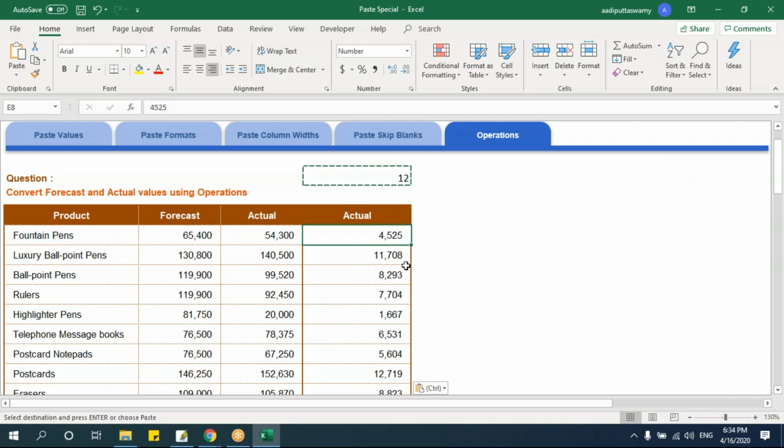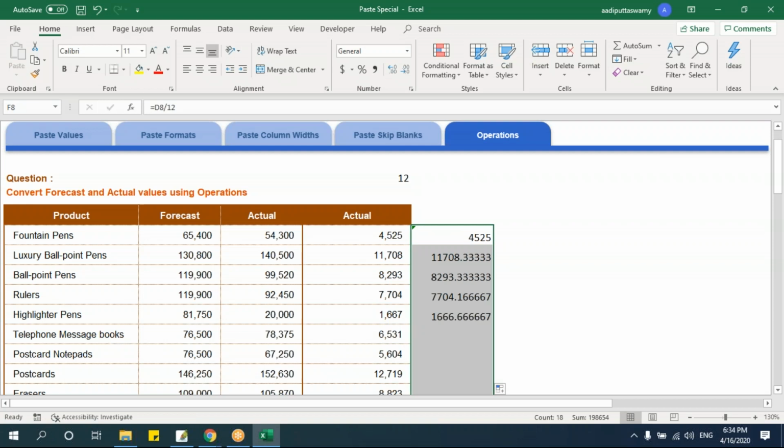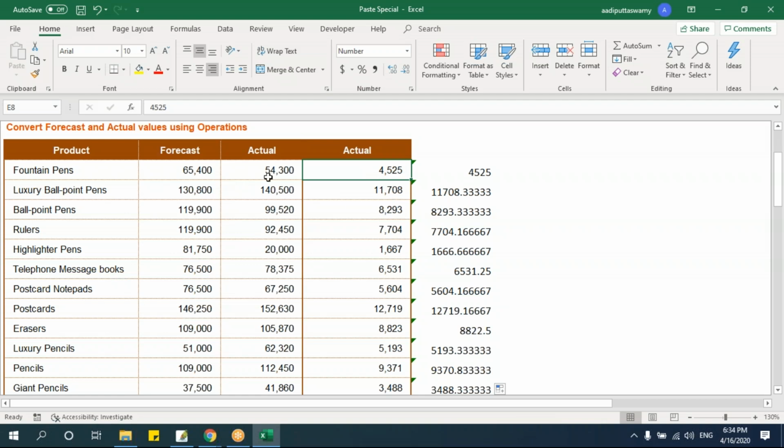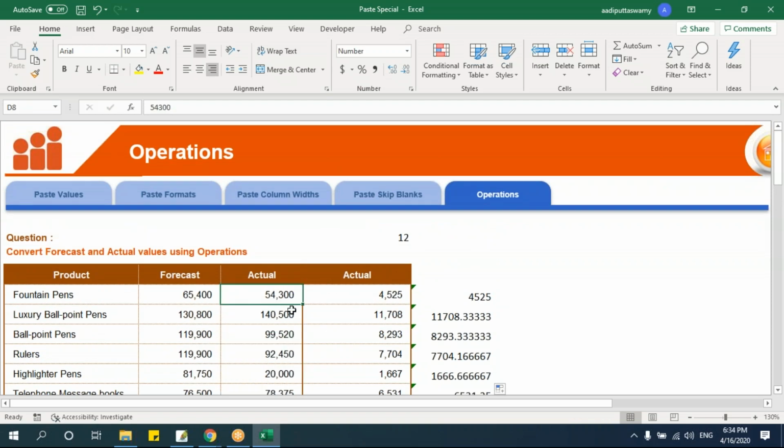Again, one more thing you should keep in mind when I'm doing this way of calculation, you will not have the formula. The data is replaced. When I'm using a formula, see here, this one, say 12, I'll get a formula here. Don't worry about how to write this formula. That will be learned tomorrow. If I'm having a formula here, the cell will be a different one. That's why I just made a copy of it so that this will not get replaced. If I would have used this directly, this value would have been replaced and I'd not get back that result if I save and close the file.